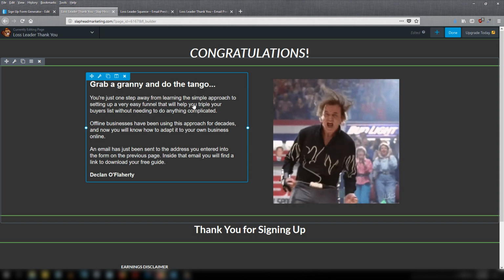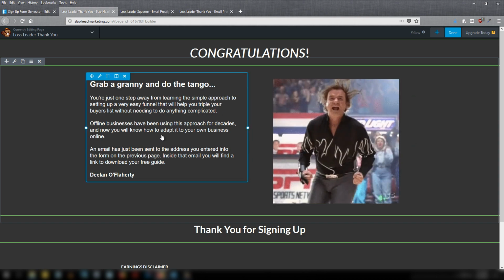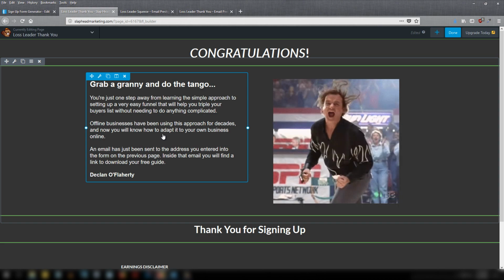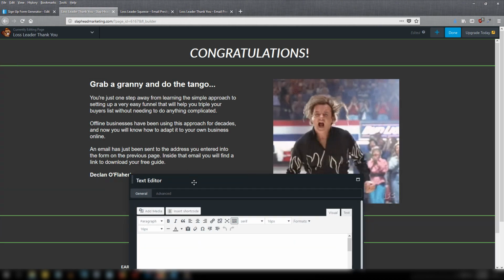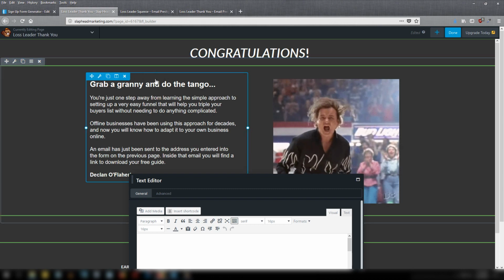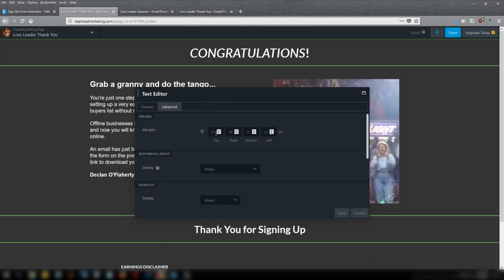So I'm going to push this box down now to make it centered to the image. And that's very easily done. So what we've done so far, that's all we've been really doing. It's just pushing things down and widening things. So if I click back into this, I want to push it down. So obviously the margin at the top, I want it to be bigger. So I'll go into advanced. And the margin at the top is 37. So what I'm going to do is I'm going to bring it up to